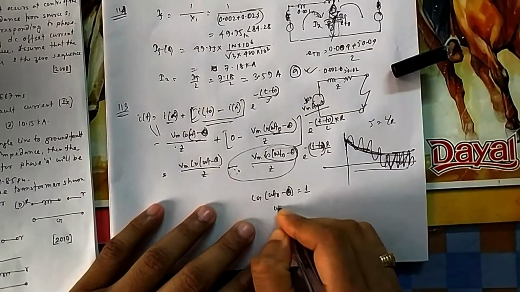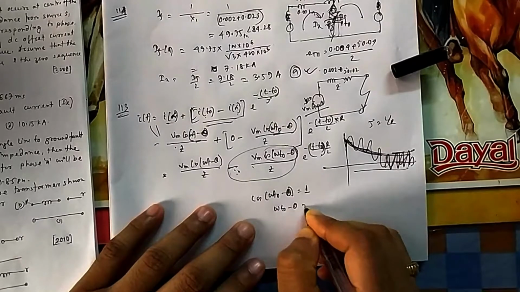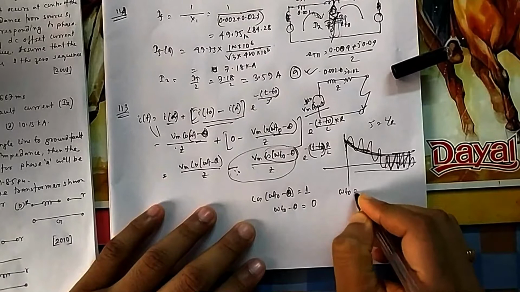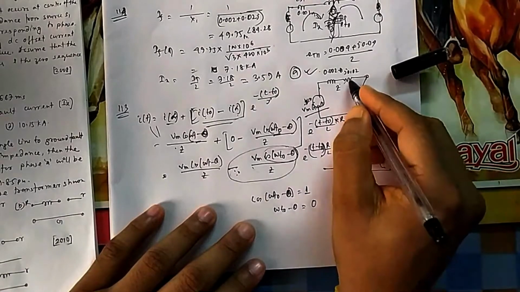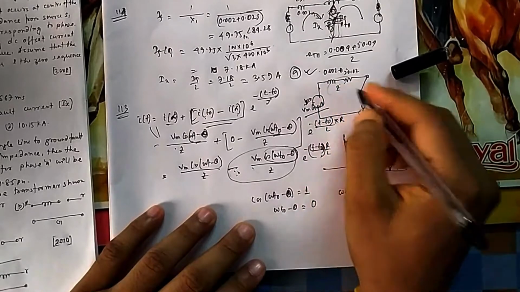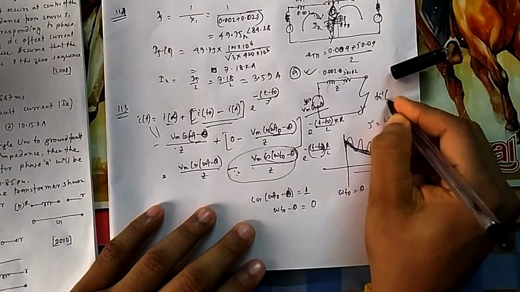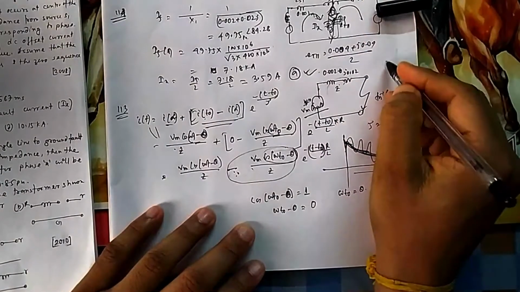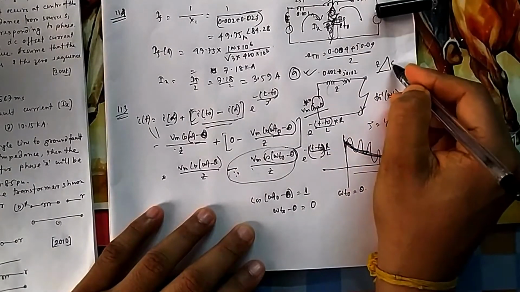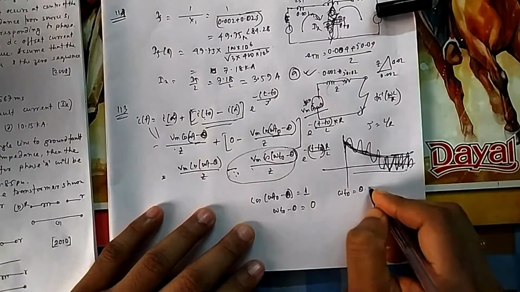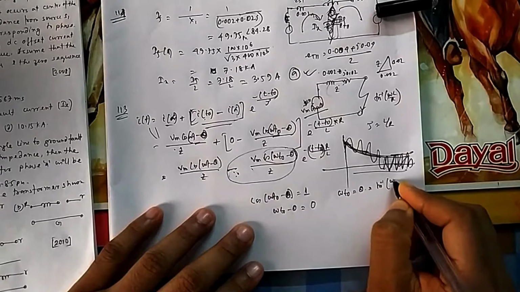So your omega t0 minus theta should be equal to what? 0. Cos 0 is 1. So omega t0 should be equal to theta. Now what is this theta? Theta was the angle of this circuit. Theta is the power factor. So what is the power factor of this one? Tan inverse omega L by R. This is the power factor of this RL circuit, XL by R. If you draw the Z of this one, this is your XL 0.02, this is your R 0.002. So this is nothing but tan inverse omega L by R.